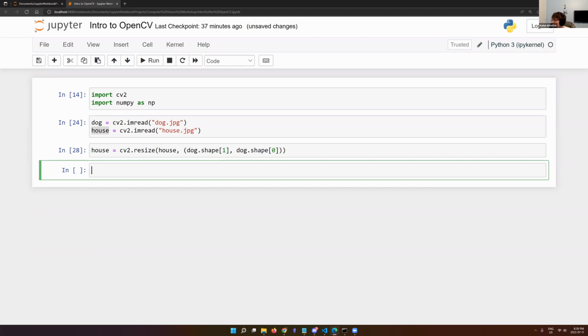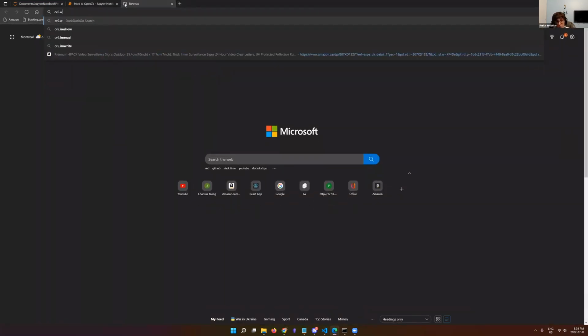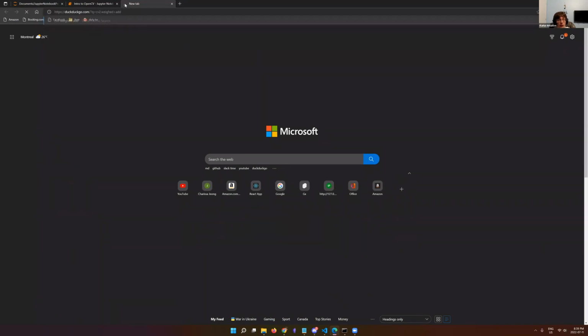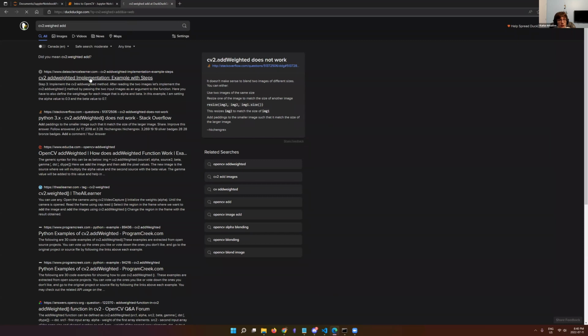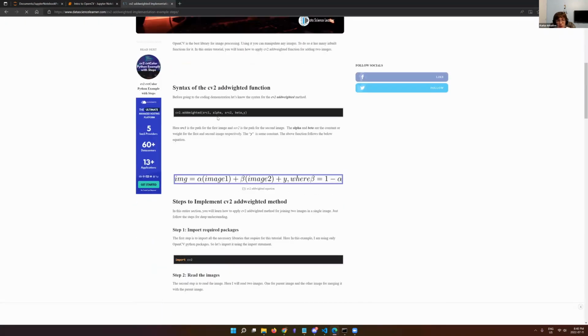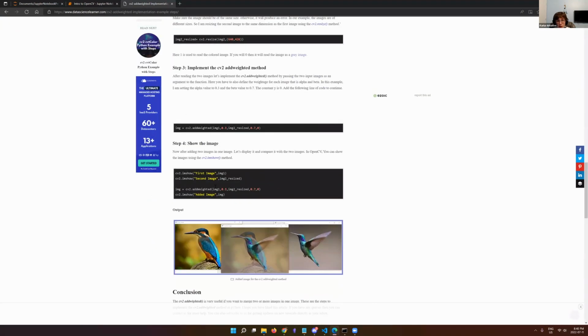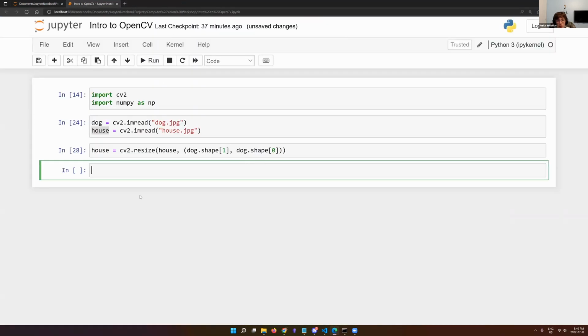Where is it? I lost it. Yeah, you can add weighted, so it's called cv2.addWeighted. So this handy function, where is it? Add weighted. Okay. So if we were to call here blend and call cv2 dot this,